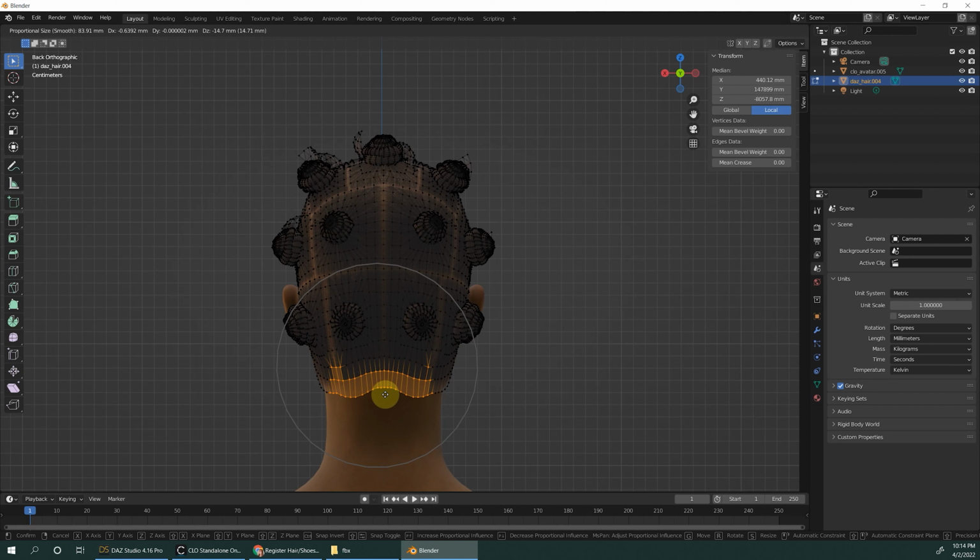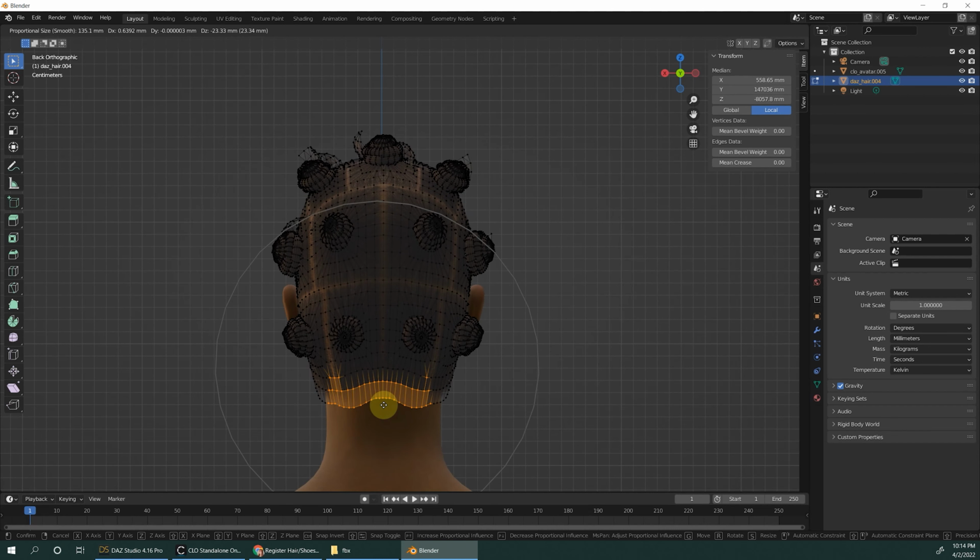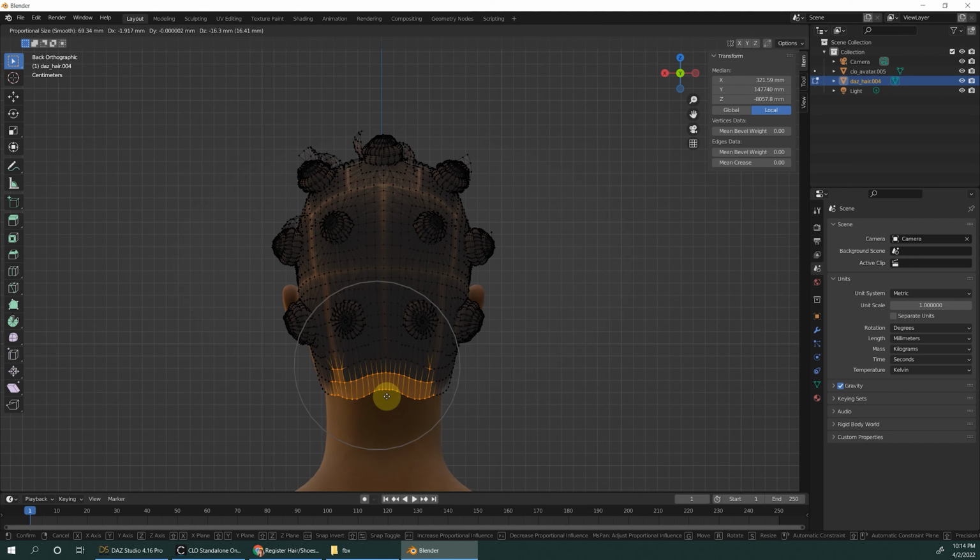Use your middle key, scroll it up. If you scroll it back, the circle will disappear, but if you scroll it up, you will see the circle until it's almost the same size as your select area, and then you can click exit.